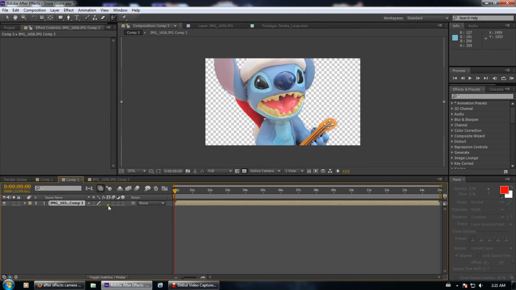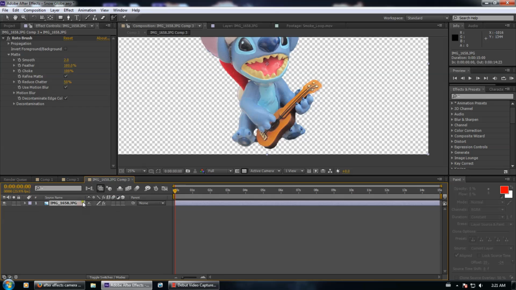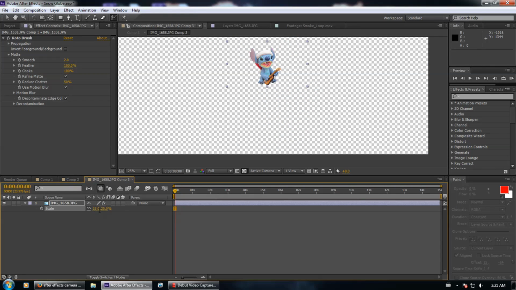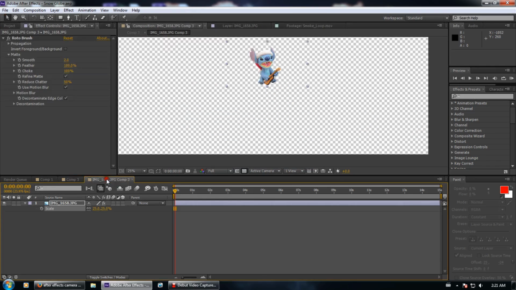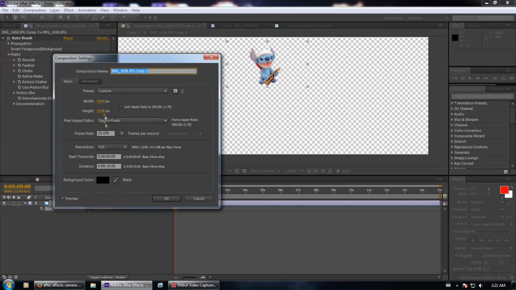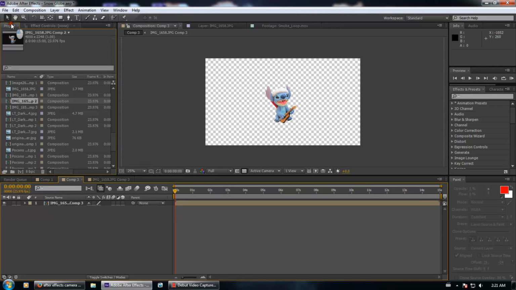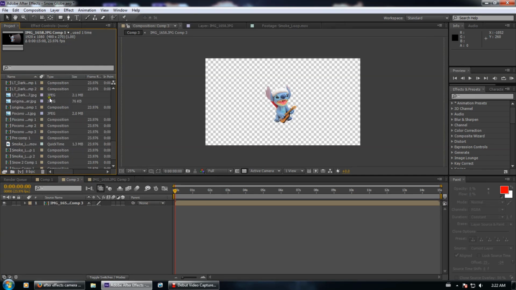So now I think I'm just going to scale this down to like 25%, seeing as it's a rather large file. It's like 4,000 by 2,248, which is quite massive. Although it's an image file from a camera, and cameras nowadays just tend to take ridiculously large files. Anyway,